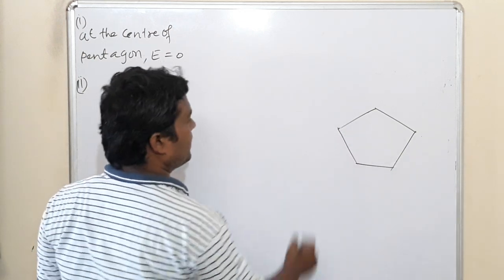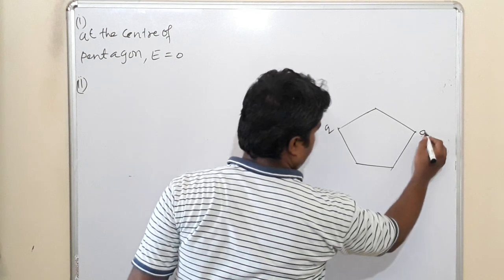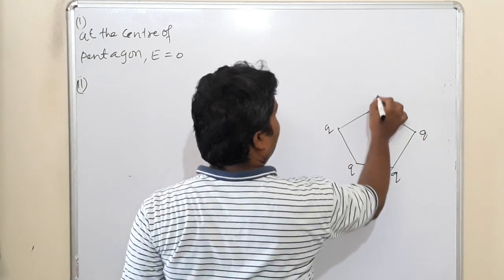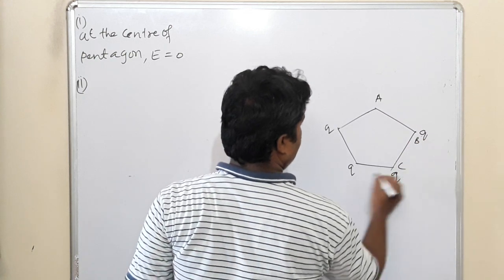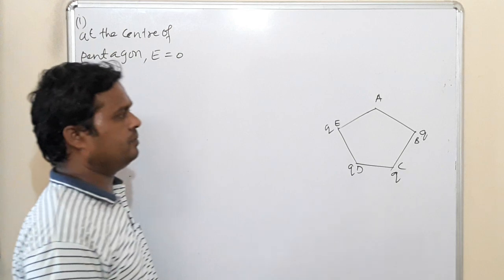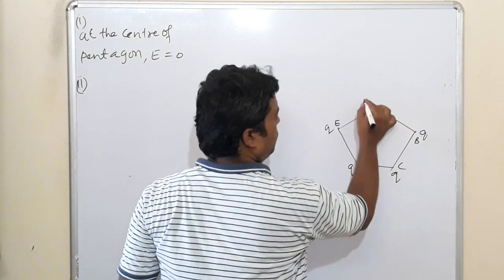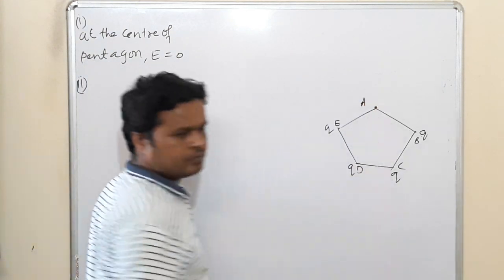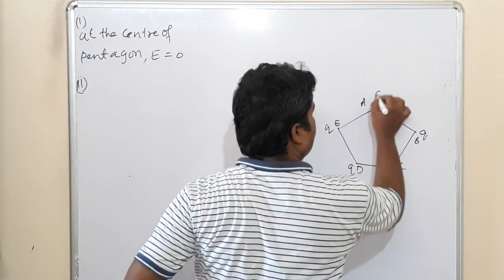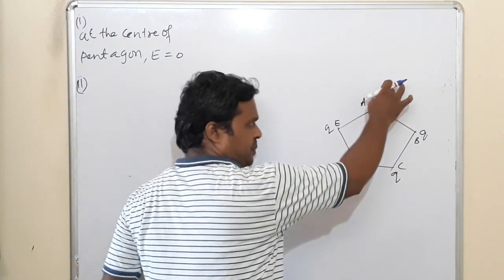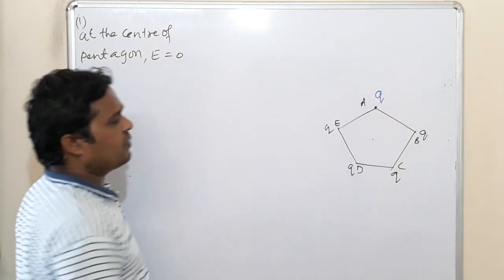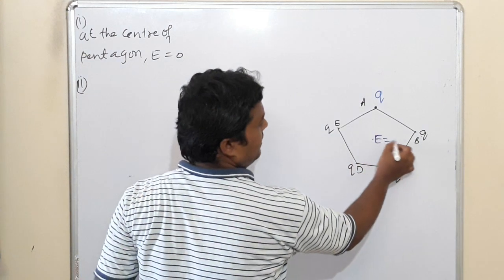Now what we'll see, 4 charges are placed there, and the charge at corner A is removed. This is A, B, C, D. From this corner we have removed this charge. See, if I assume that that charge is present here, what is the net field? Net field at the center is 0.